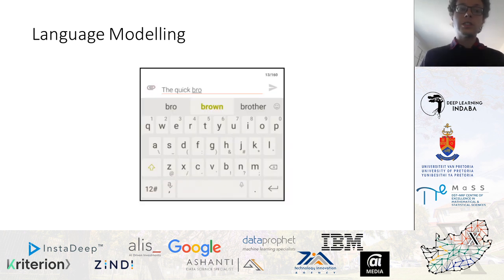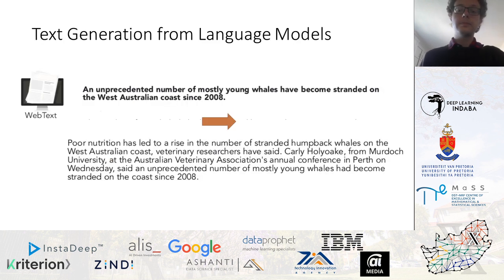One direct application of a language model is when you are typing on your phone, and the system is making suggestions for the next word you might want to type. But language models are now powerful enough that they can be used to generate paragraphs or documents, not just to predict the next word. So the task that we are studying in this work is how to generate a text passage which is a plausible continuation of a prompt which is given, which is the start of a document.